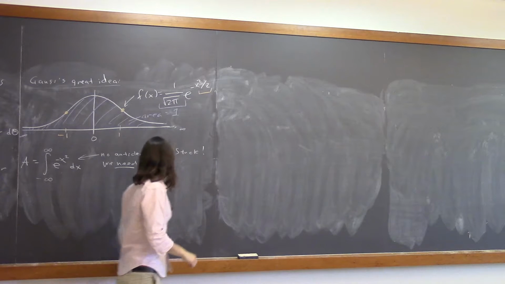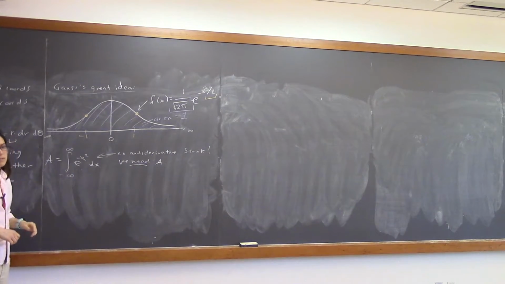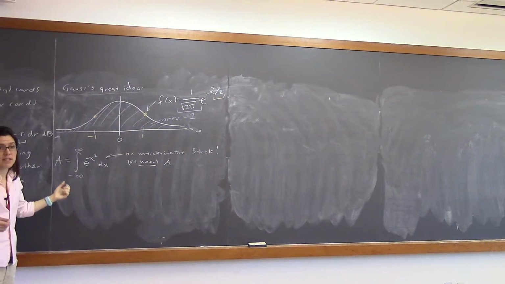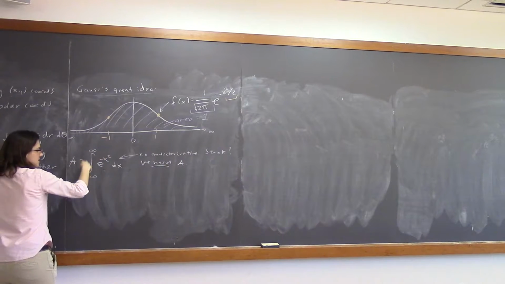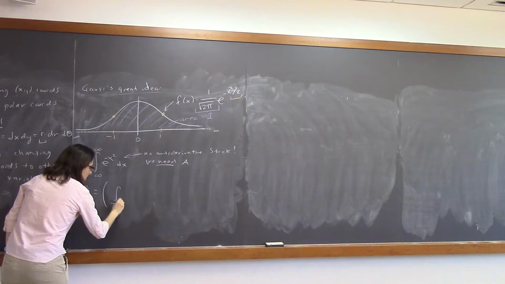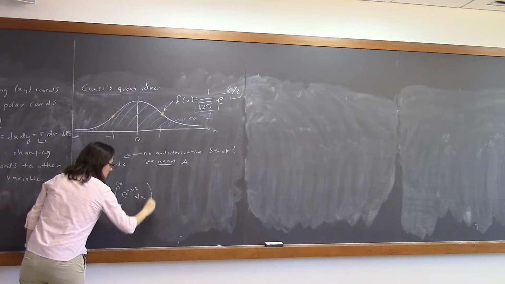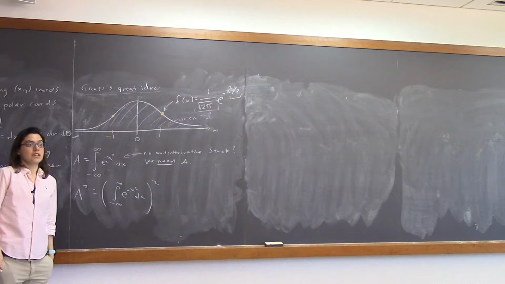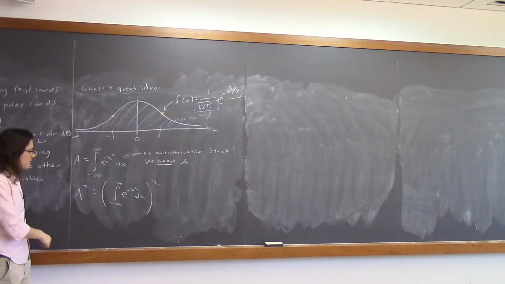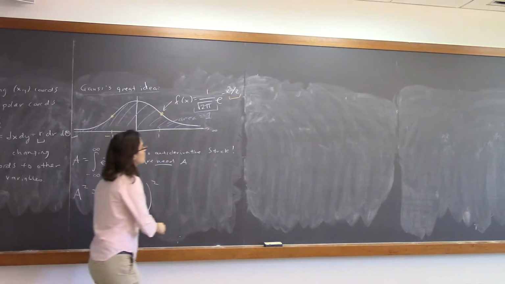Okay, so here's the idea. We want this number. It would be just as good if we found the square of this number, because then we could just take the square root of it and we'd get the number. So if a is this integral, then a squared is this integral, e to the negative x squared dx, squared. Agree? Okay, and if you're worried about negative signs, do not worry because area is positive. Okay, so that's the idea.